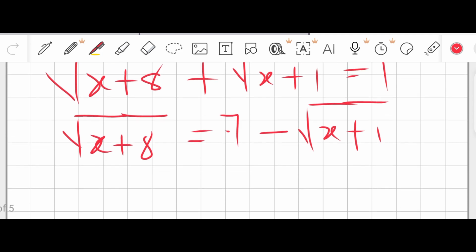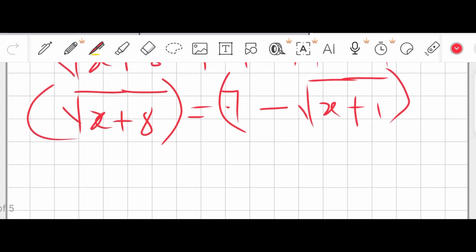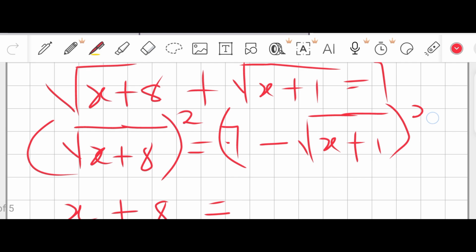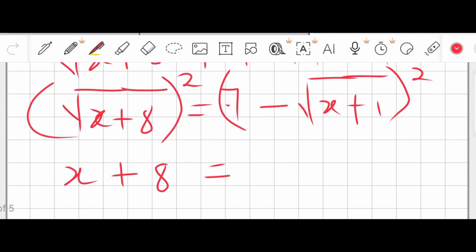Now remember, the root sign or the radical sign is still at play. So what we can do is to square both sides of the equation to remove the impact of the radical sign. And in doing so, our right hand side will be left with x plus 8. Our left hand side is going to be, let me put the square sign there to correct any misconceptions. Now, when we square this, we will get 49 here, and we have 14 root x plus 1,